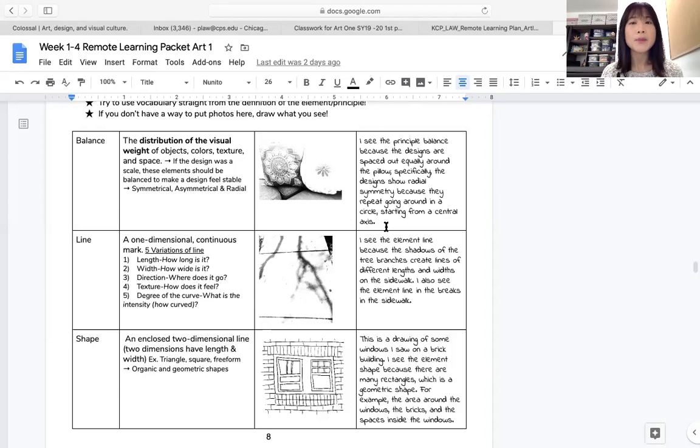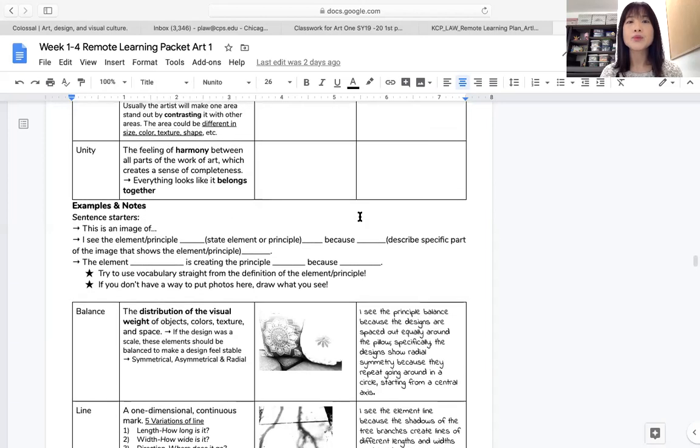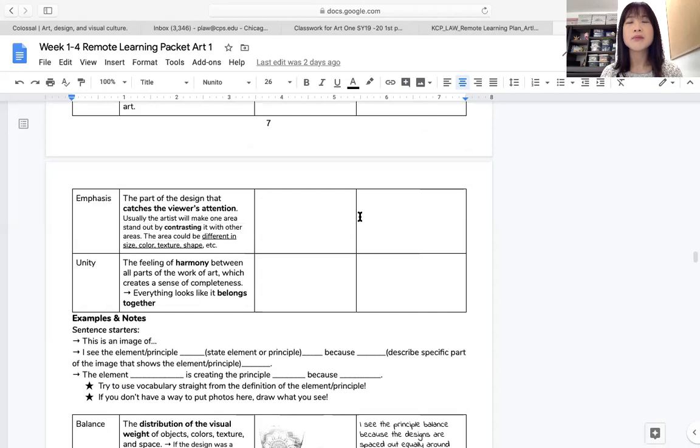Things will change. Maybe something like an accident just comes up and you cannot do it, which will make you unable to turn in on time, okay? Or maybe you miss the deadline. So please make sure you do it ahead of time, then you don't need to worry about this, okay?